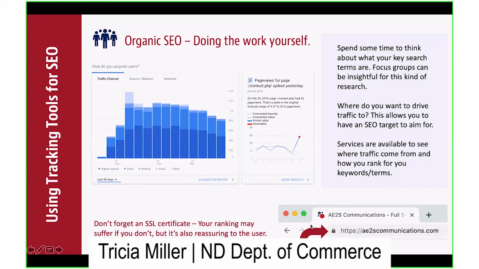I realize one quick thing, I'm sorry to interrupt, is an SSL certificate for your website. That's another thing that Google will penalize your site for in rankings. It's the little padlock you see on a website. Depending on your situation, it can be free. I found places that will do free SSL certificates.